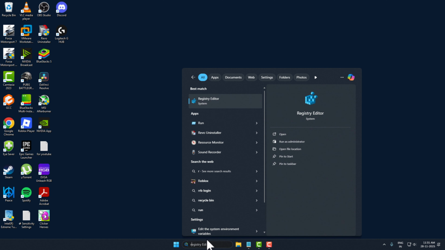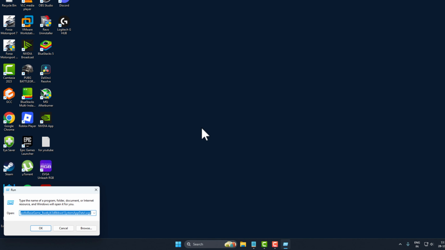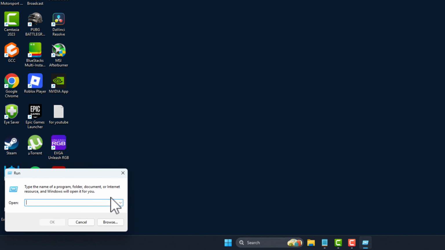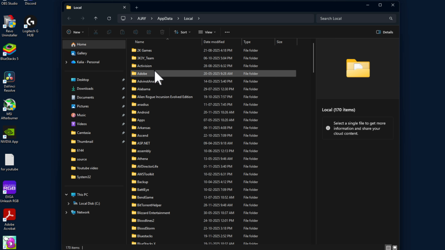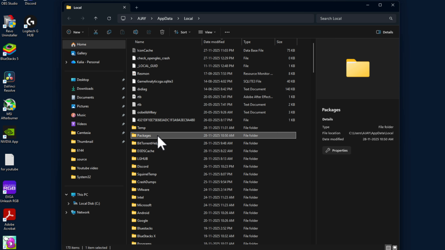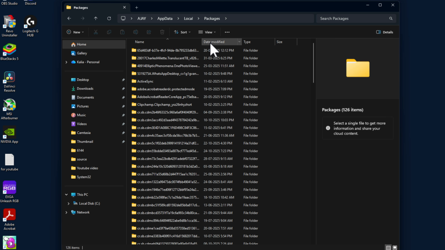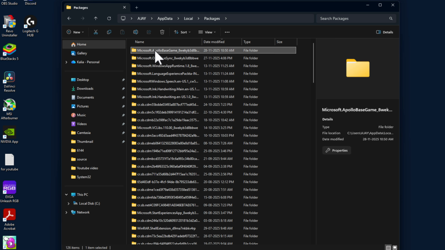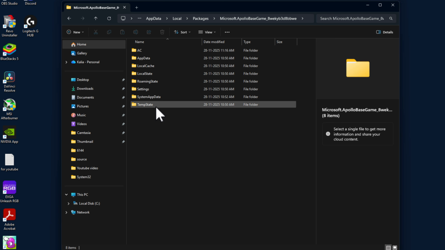Go to the search menu and type Run. Click on open it. Type here %localappdata%, and then select the OK option. And here you just need to select this Packages folder and find this Microsoft Apollo base game folder and double